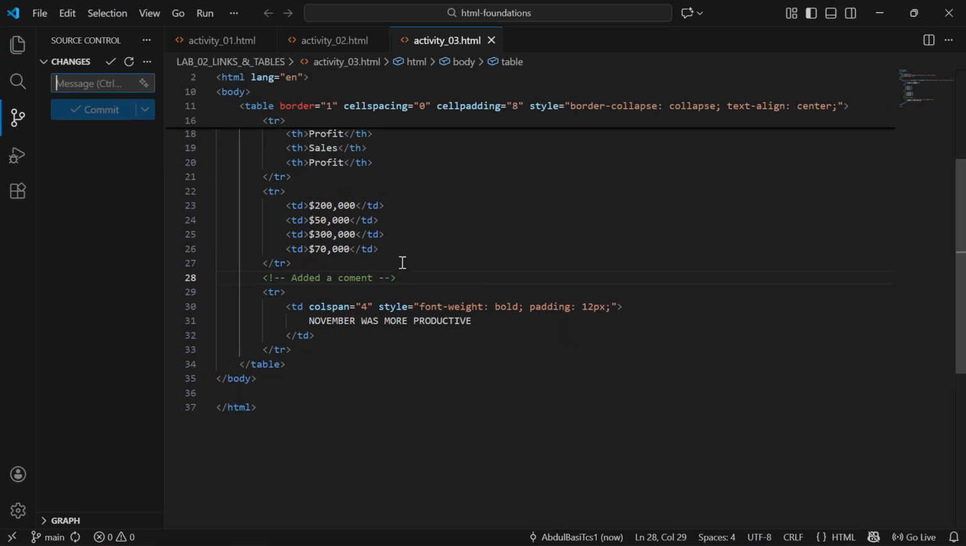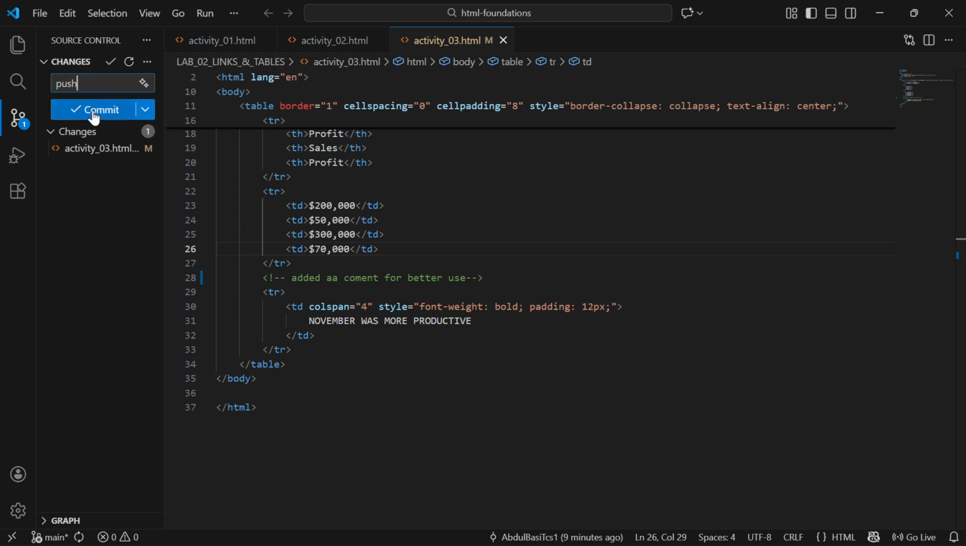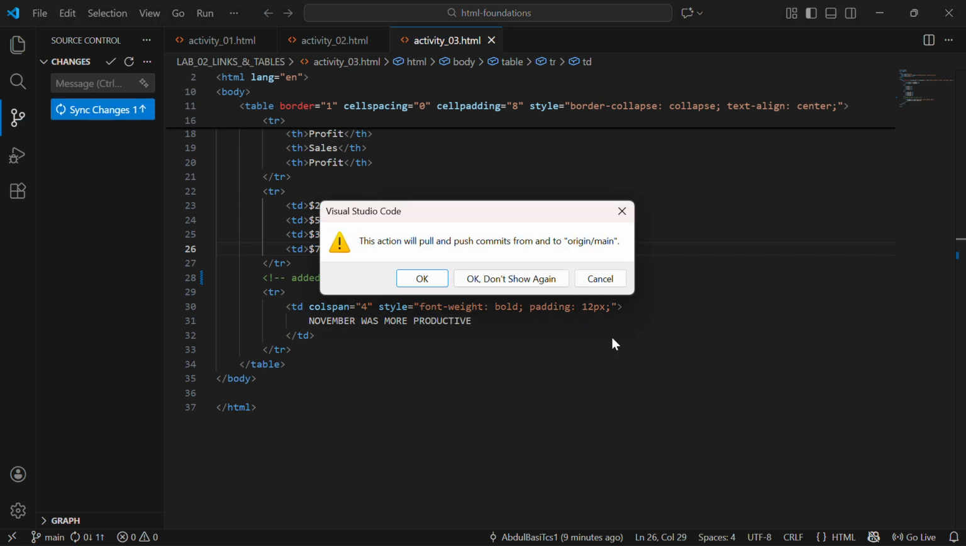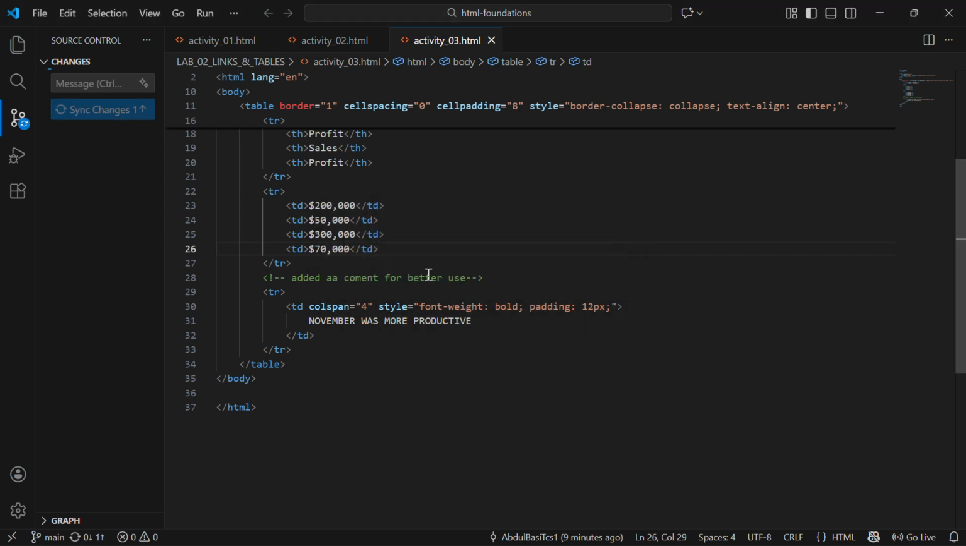Okay, so to show your activities on GitHub, you have to push your code on a daily basis. For example, here I can change anything, for example, I say added a comment for better use. So I make some changes in my code and it is available here so that I can push it to my LinkedIn profile,